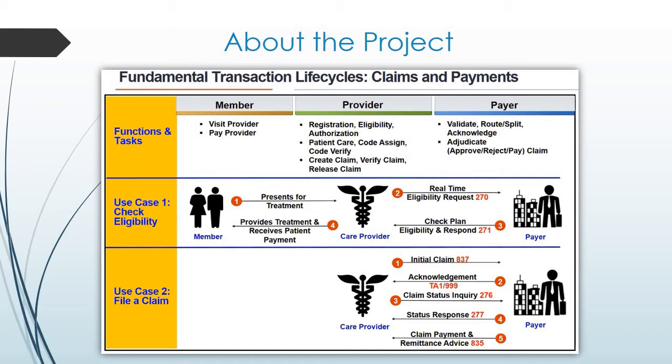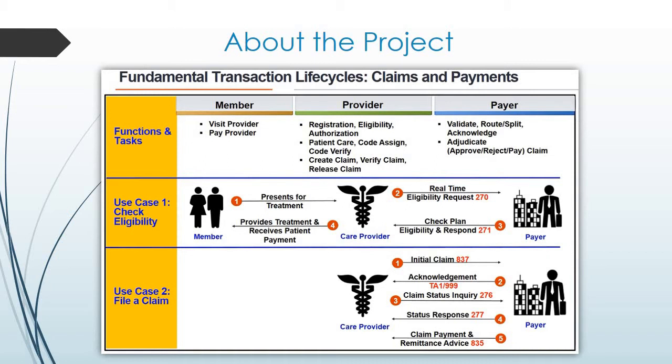What actually happens? The member visits the provider for the treatment. The provider's first step is to check the eligibility, that is, whether the member is eligible or not, so the provider sends a 270 request to the payer. The payer responds back to the provider about the eligibility with the 271 transaction. After providing the treatment to the member,